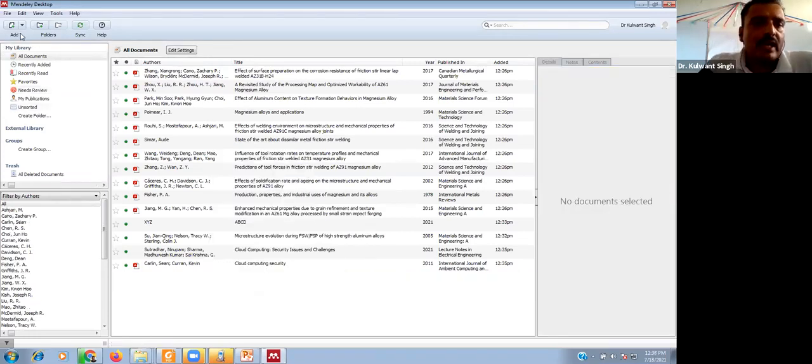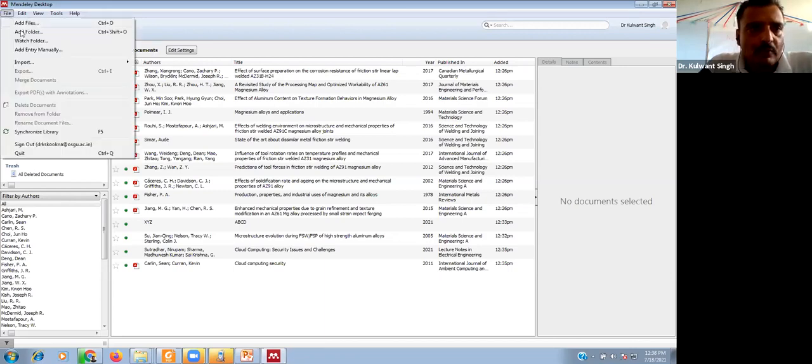So now we have discussed how to add the document in the library when we have the document in our system or PC, or we can search from online. Now, Mendeley also provides an option to import references or documents to update the library.